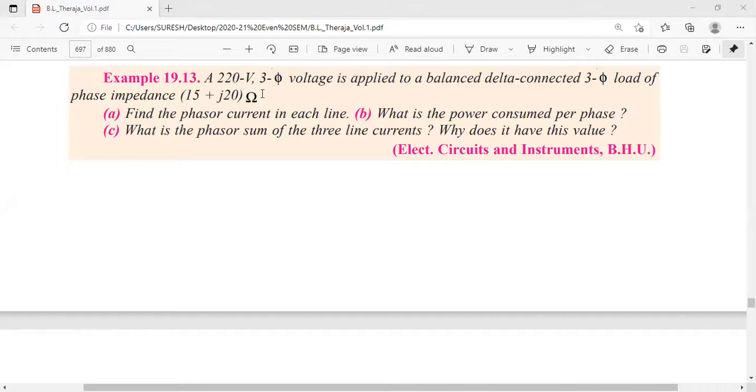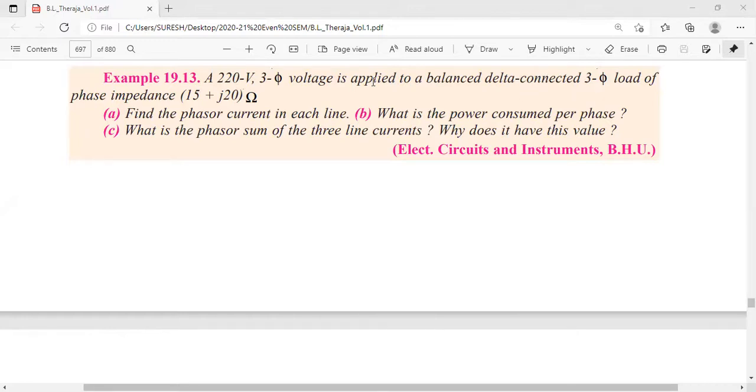Okay, in the last class we were discussing this problem. A 220 volts. What is this 220 volt? Line voltage or phase voltage? Line voltage. Always in the problem they will give line voltage only. And this is a delta-connected three-phase load. So in delta connection, VL is equal to